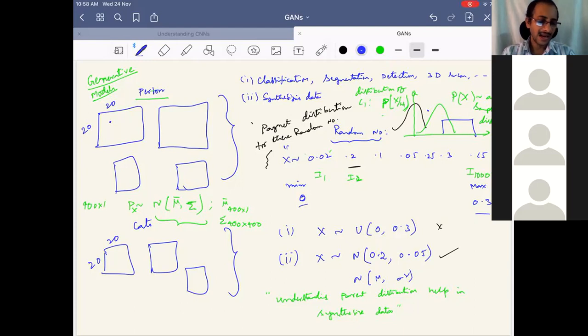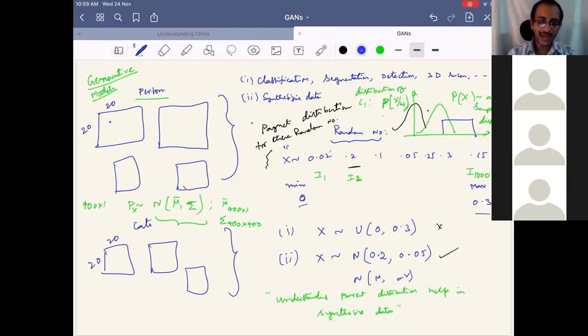See, pixel distribution may or may not be independent. You can enforce some kind of rules in generating the new data. Once you capture the data, you need not generate in the same manner. You can alter it and generate the way you wish. For example, if my covariance matrix is not diagonal, the features are dependent, which usually happens in natural scenarios. But if you would like to make them independent and generate, and see what kind of new or better data you get, you can do that. In fact, some methods try to do that as well.